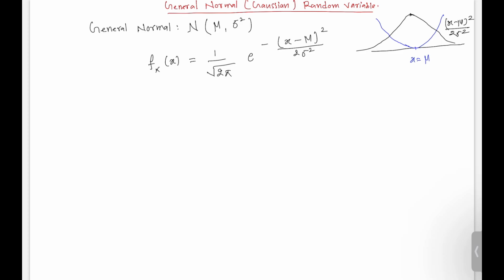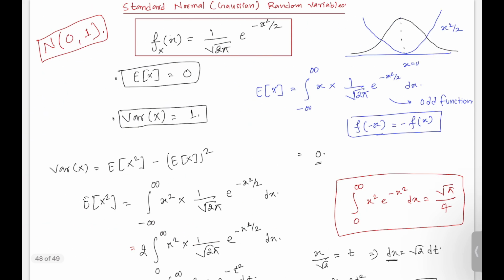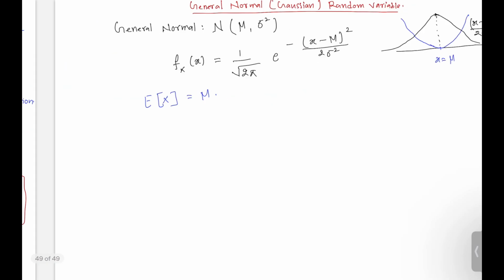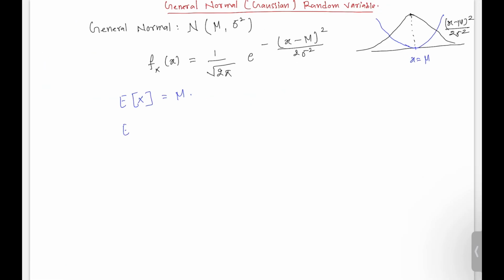Because we have this (x minus mu) whole square, again it will have the shape of the bell curve, right? And it will be symmetrical around x equals mu. So from here we can directly write the expected value of this general Gaussian random variable, that will be mu. Or you can find it using how we have found this expected value. And the variance of this general random variable